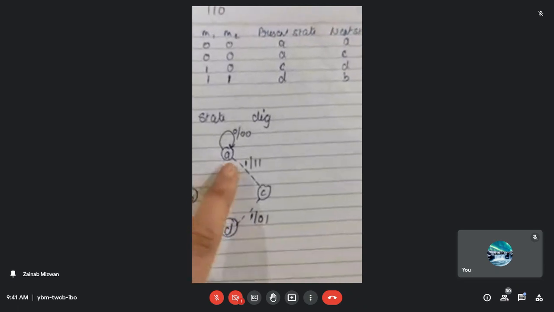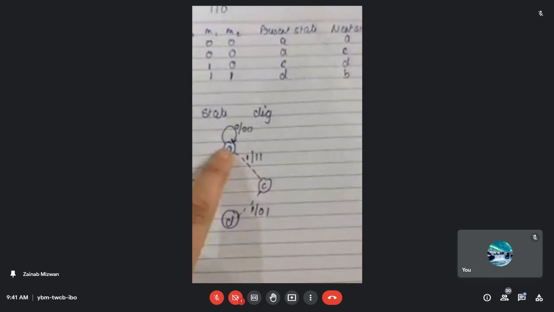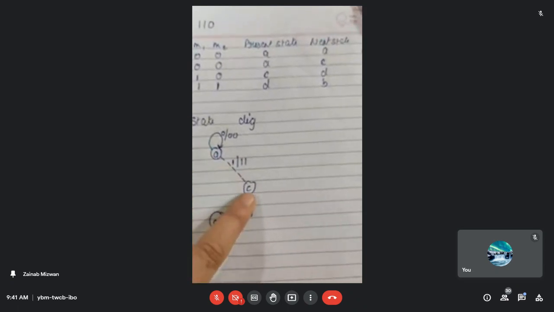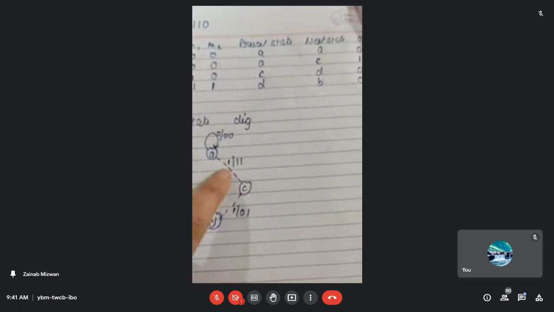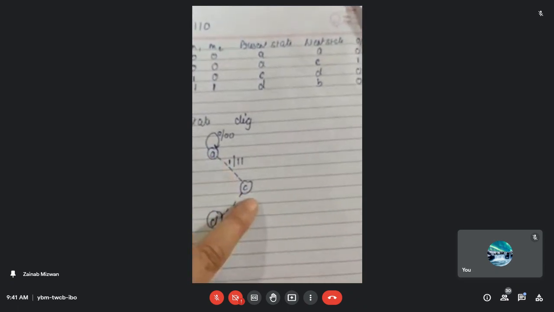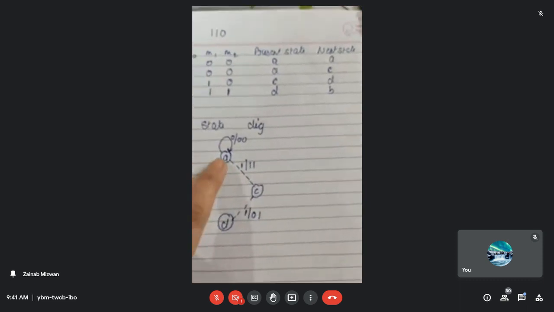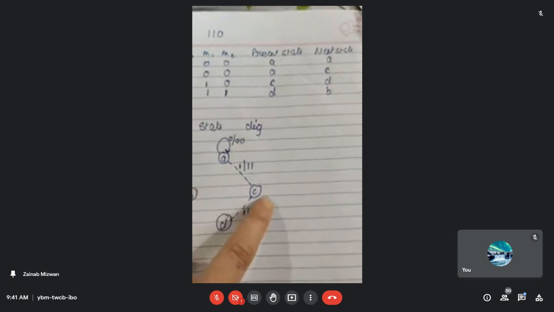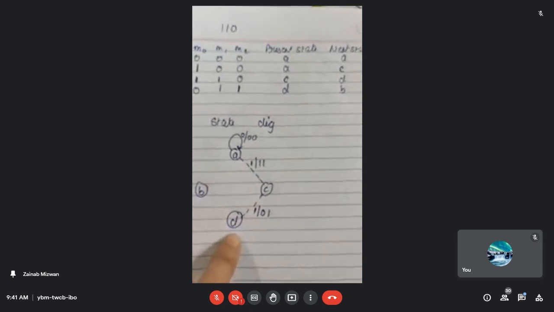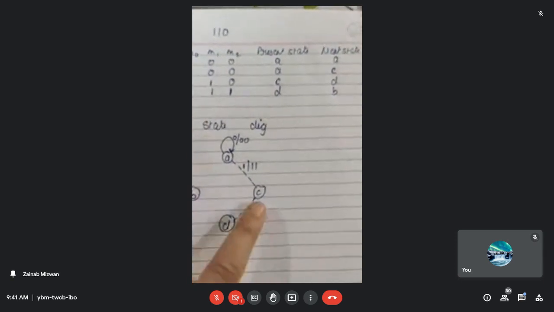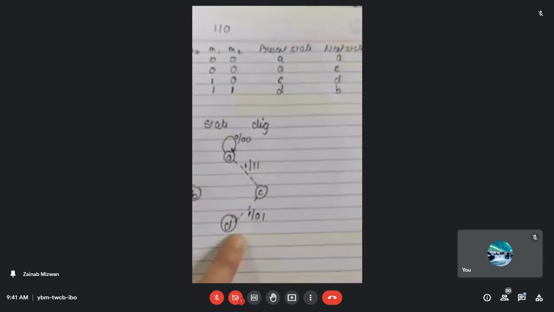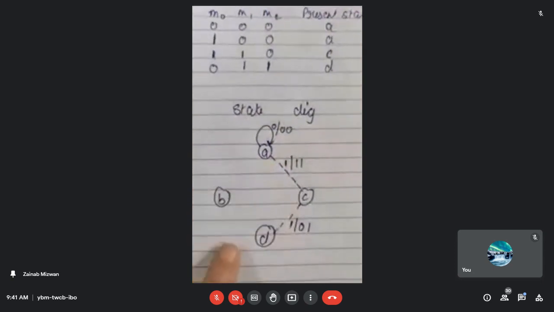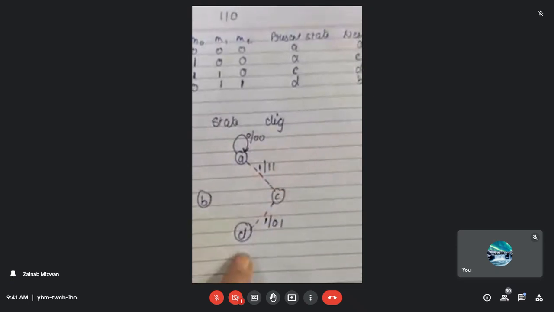How am I writing over here, how am I connecting the states? The initial state was the state A, then from state A we have moved into the state C, because when the input was 1, the state has changed. There is a transition in the state. From the state C it has moved to the state D, but the input was 1 over here. So the input 1 is always indicated with the dotted line and the input 0 is always indicated with a solid line over here. So we got A, C and D over here.